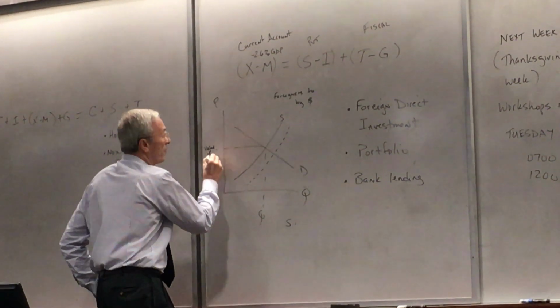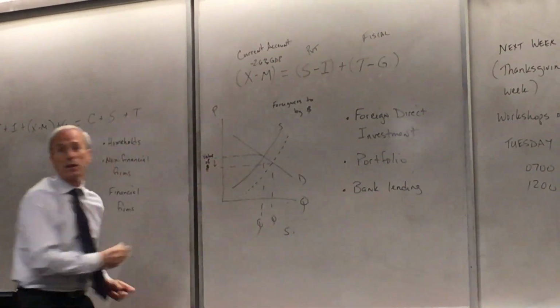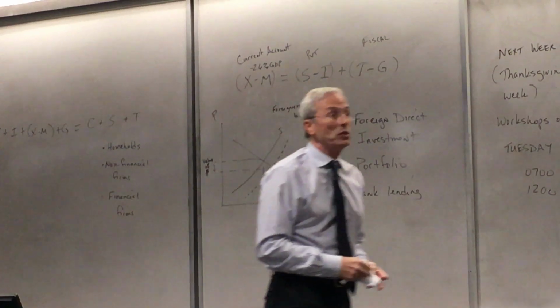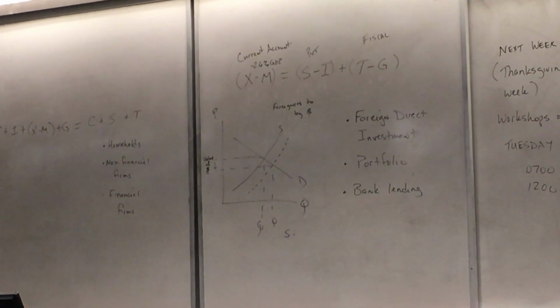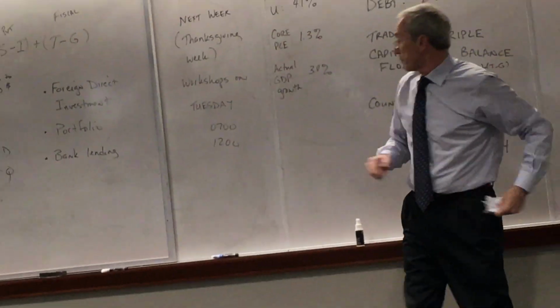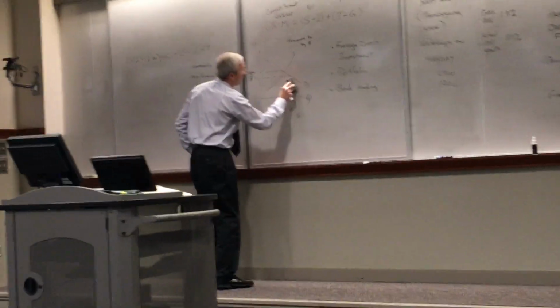And what happens to the value of the dollar? The value of the dollar goes down because the supply went up. Now, we didn't do quantitative easing to make the dollar go down. We did it as part of the GDP story, not as part of this story, but it had that impact. So one of the things is the supply of dollars.